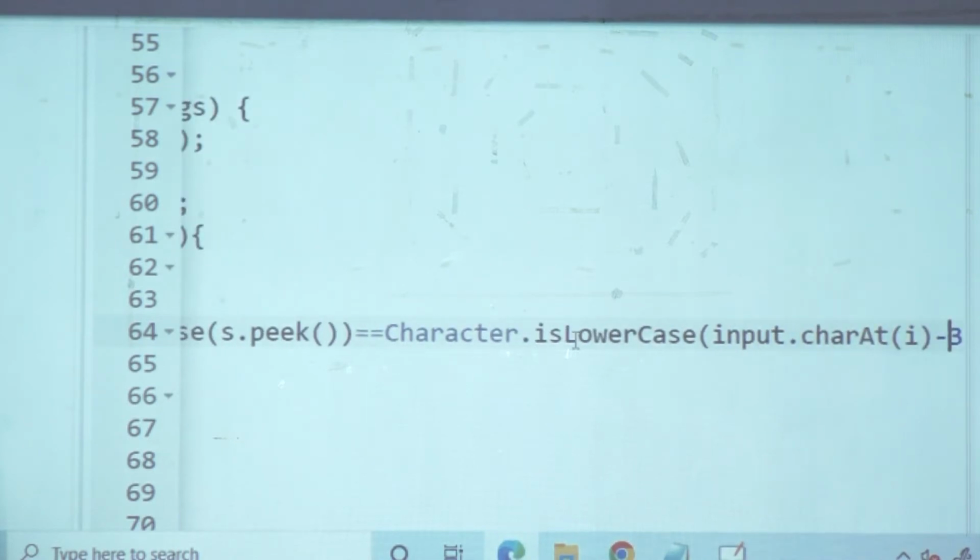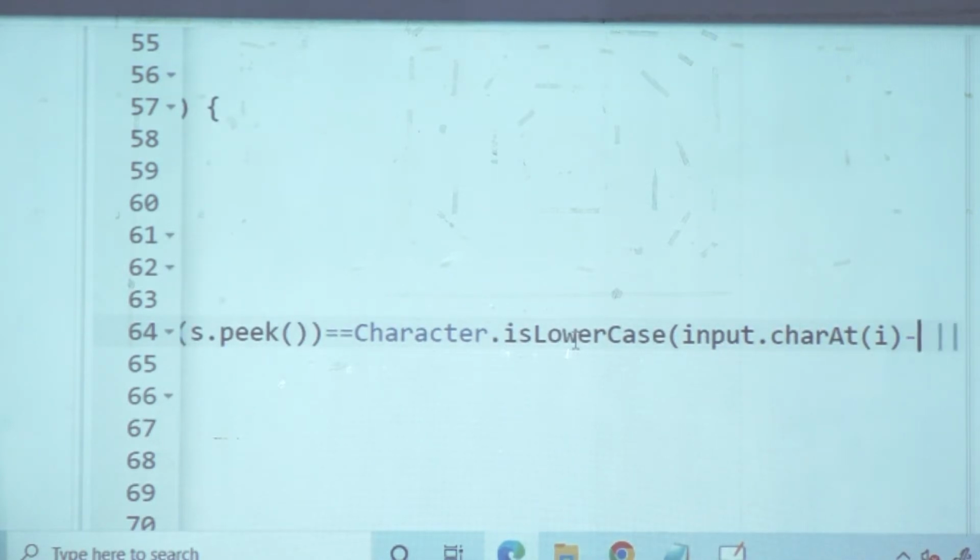Input dot char at I, remove that minus 32, or